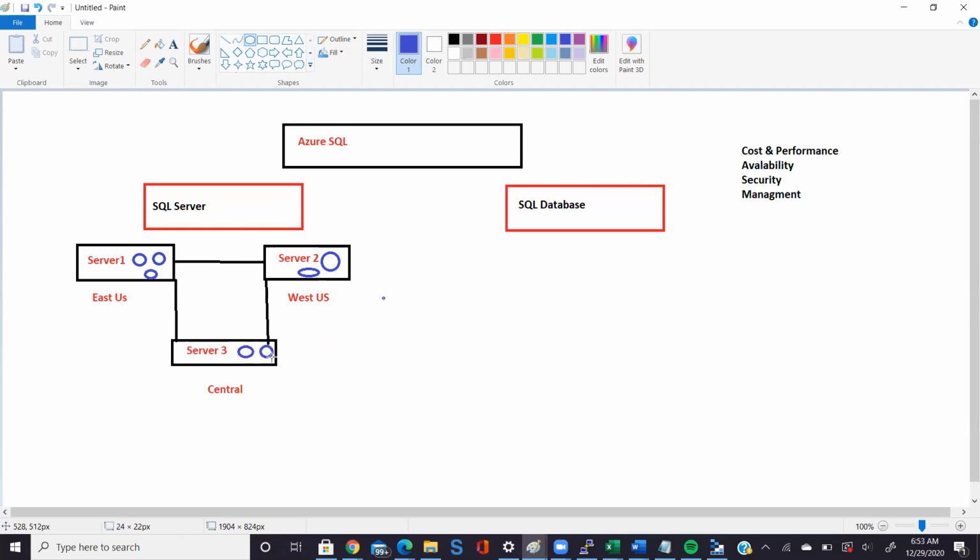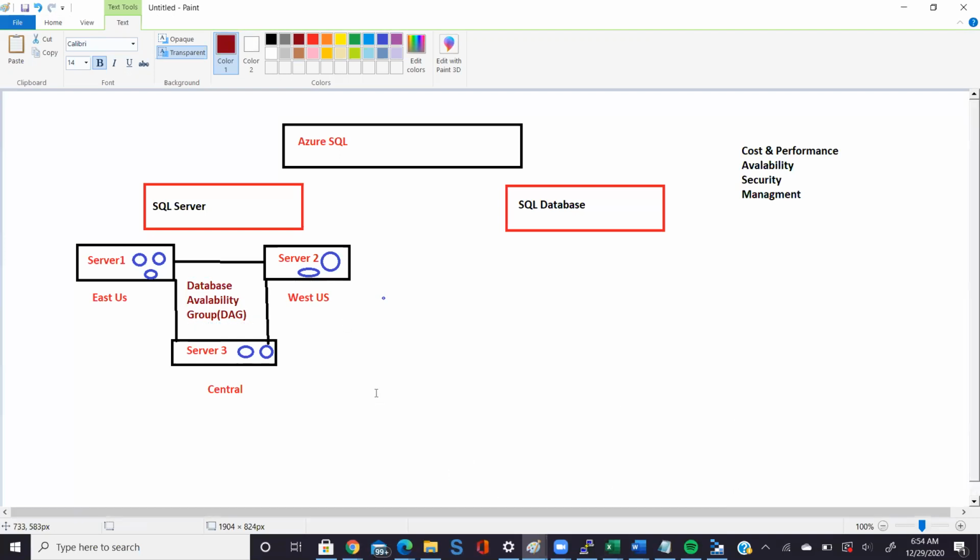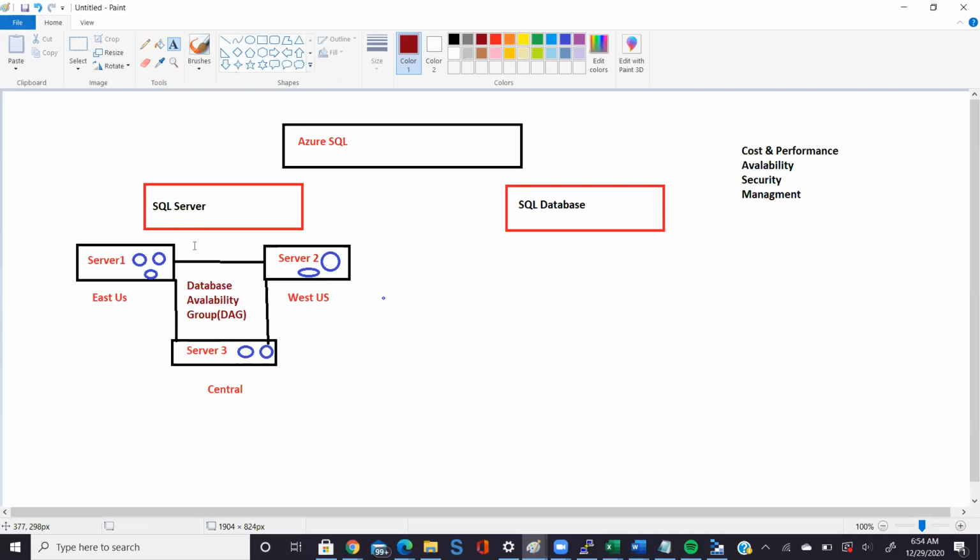In SQL language, whether it is Azure SQL or on-premises SQL, we call it database availability. Previously, it was also known as failover cluster.